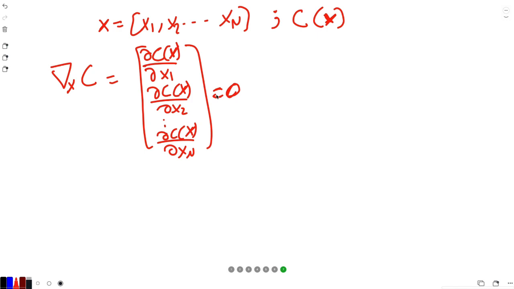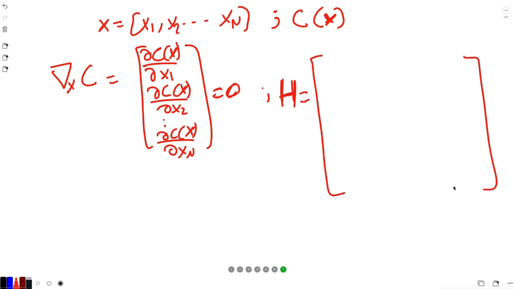Okay. Now, how to define the second differentiation? The second differentiation is defined by the Hessian matrix. What is the Hessian matrix? The Hessian matrix is a matrix defined in this way. Now we differentiate once more. So we differentiate c of x two times with x1 and again with x1. Then we differentiate c of x again two times,